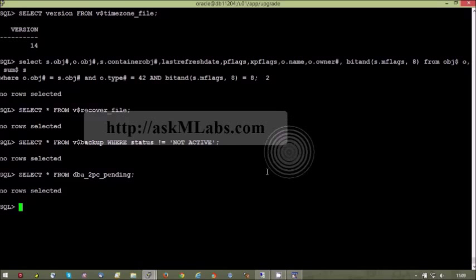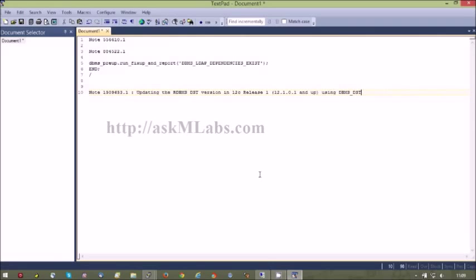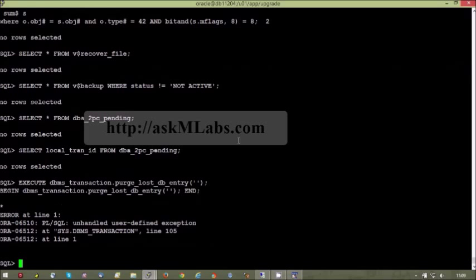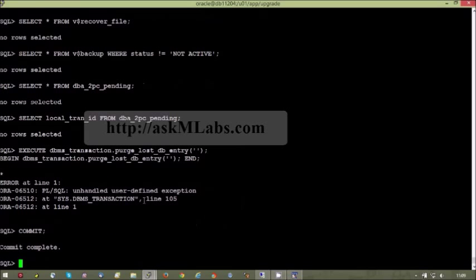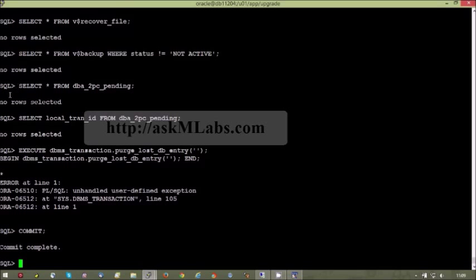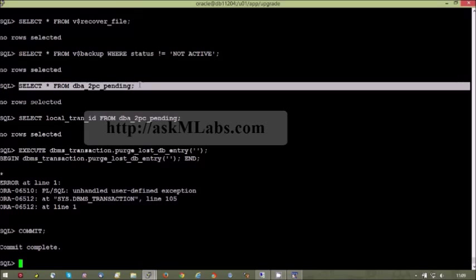which give you the list of transactions for them to execute. These are the scripts that they can execute. This is just for information purposes, these three commands. If this particular command returns any rows for me, I need to execute these three commands to make sure that I do not have any distributed transactions running in my environment. Fine. Now the next step is,